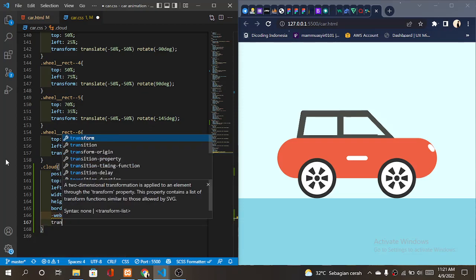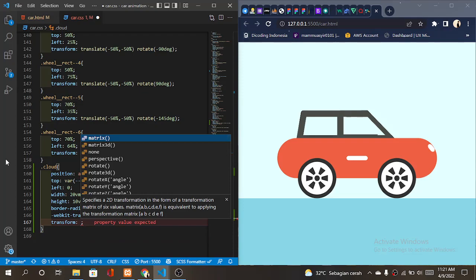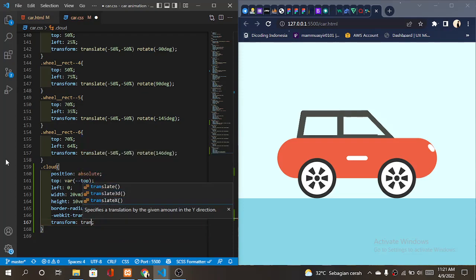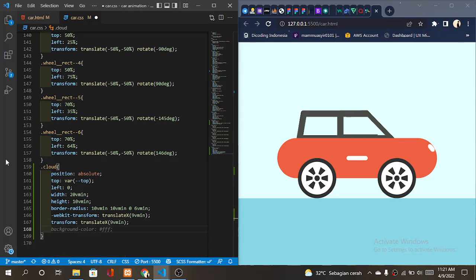And transform for translate x 9 vmin, and last give the background color for B5 ED F9. Okay. I'm going to save this, and you can see the cloud,